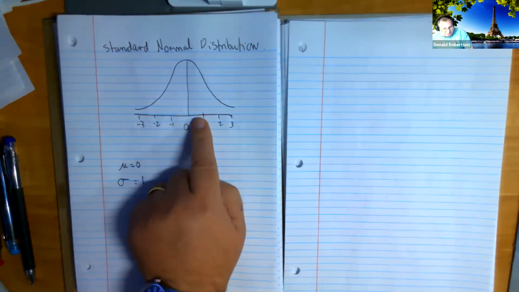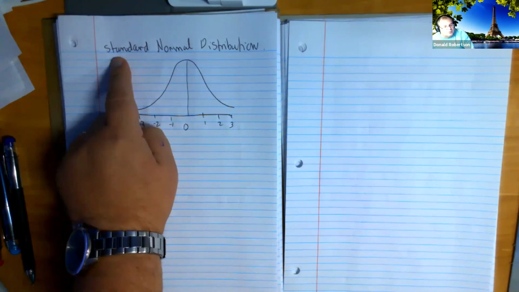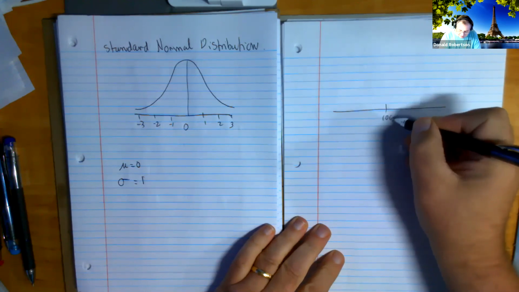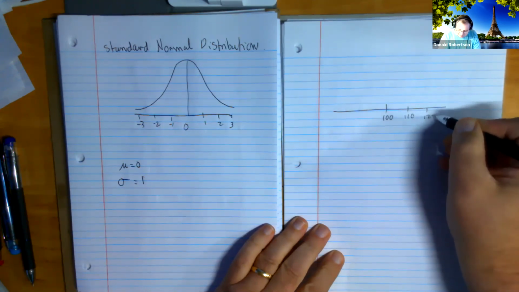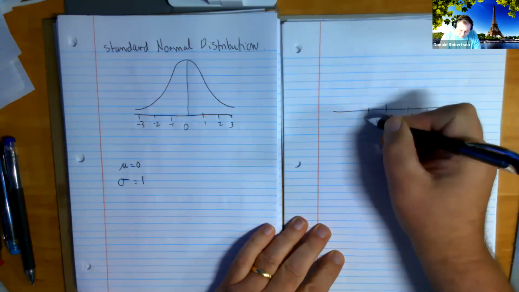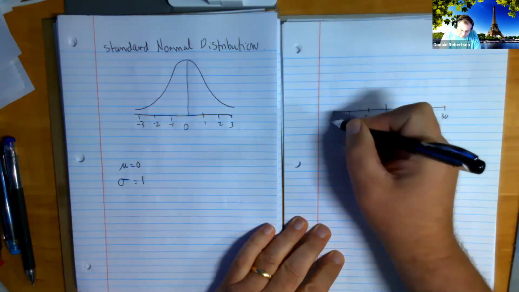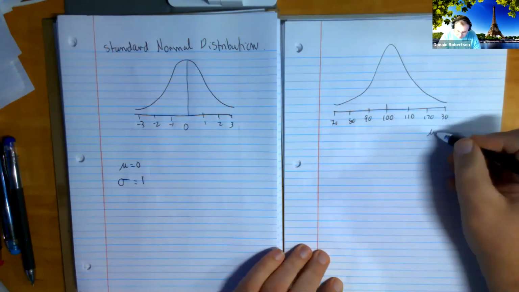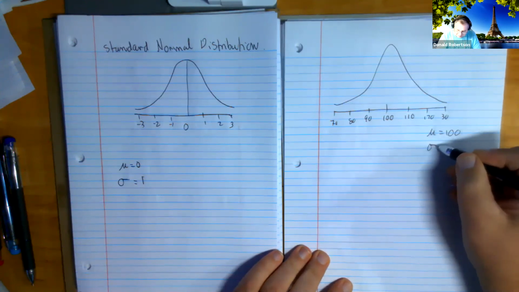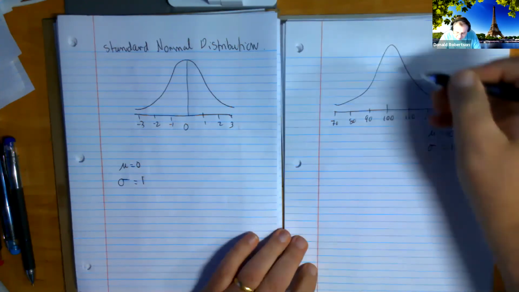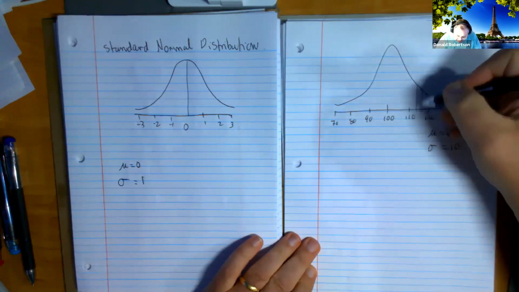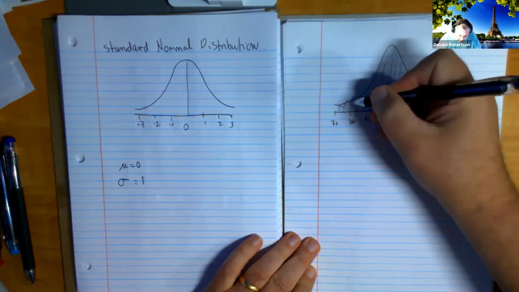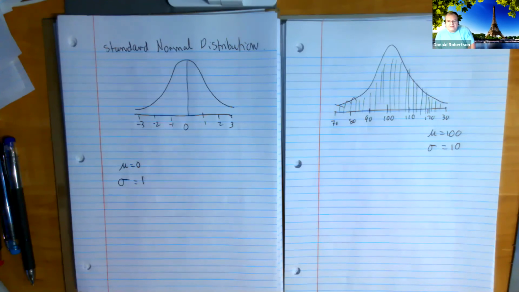Why is this even important and given its own name? If you imagine taking IQ tests, right? This is what the distribution of lots and lots of people's IQs would look like. Now, that particular one has a mean of 100 and a standard deviation of 10. Now, I want you to imagine that this is actually lots and lots of rectangles, right? Thousands upon thousands of people were asked. So these are all little rectangles, but they're so close to each other and there's lots of them, you can't see them, right?